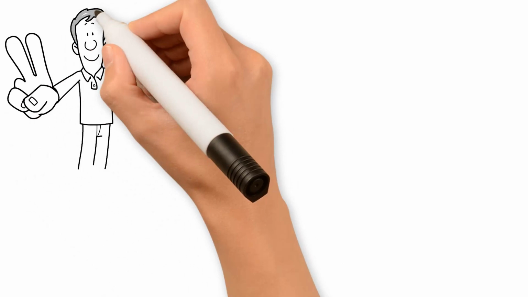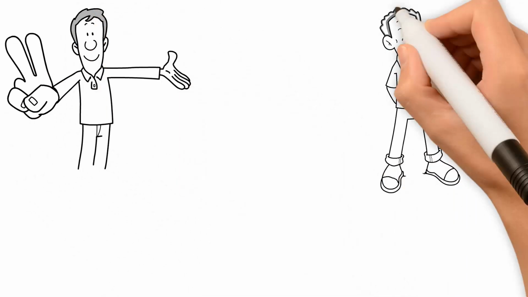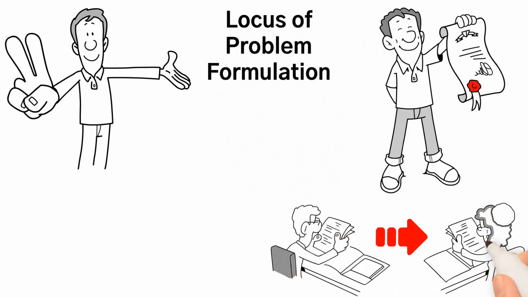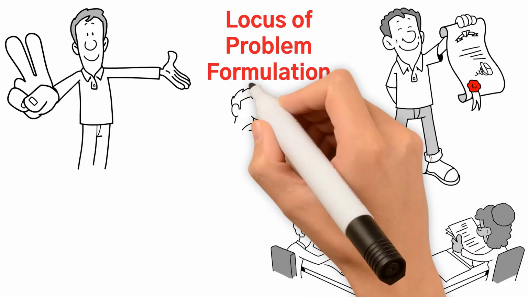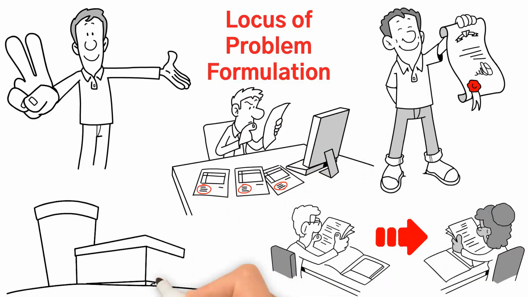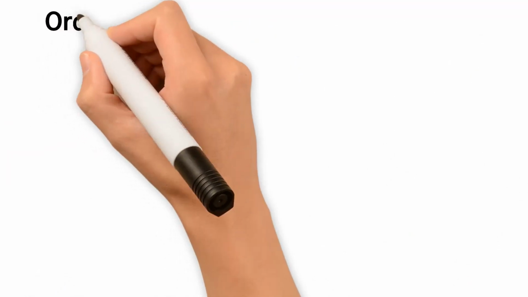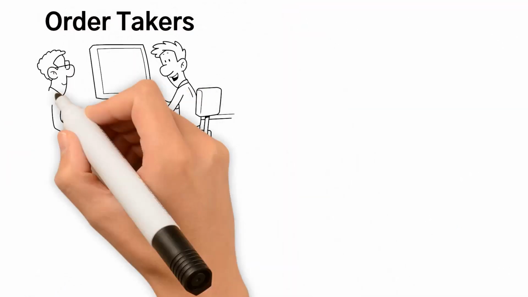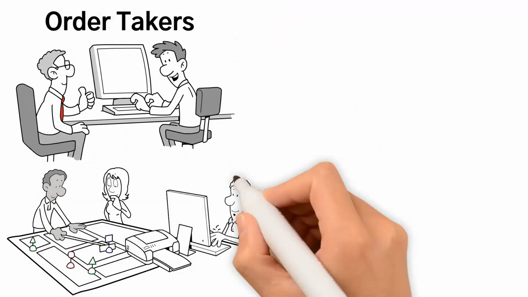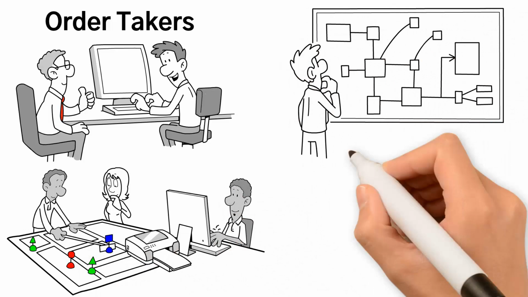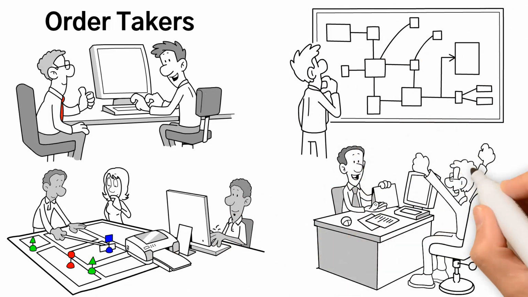We identify two idealized pathways and find evidence that the locus of problem formulation influences the resulting problem-solution pairs. Locus of problem formulation means where is the problem being formulated, inside or outside the corporate parent's boundaries. Order takers respond to a predefined and corporate-led problem formulation approach, resulting in a sequential and structured search method, which in turn results in clearly defined problem-solution pairs.